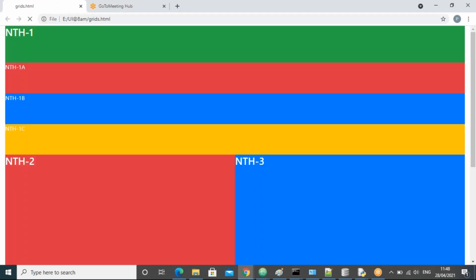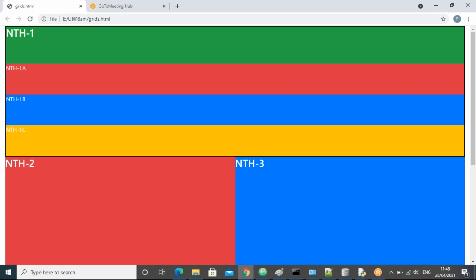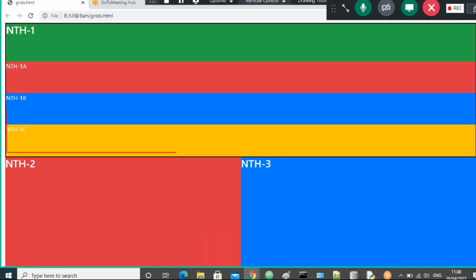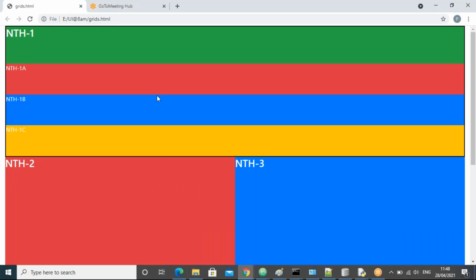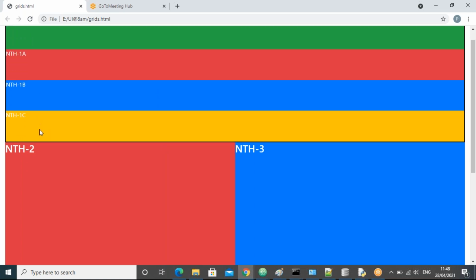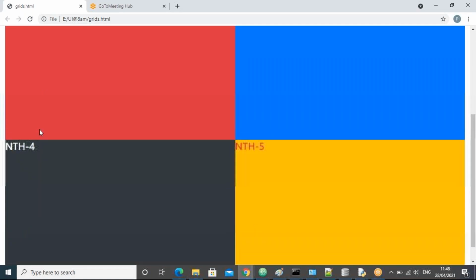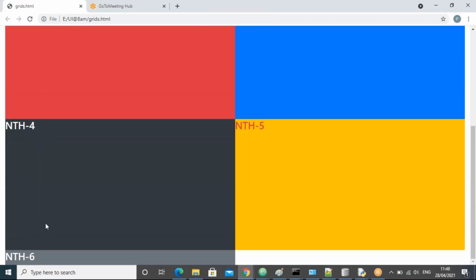Yes. Now all of you can observe the border, right? There now you got NTH1, NTH1A, 1B, 1C, guys. So this is the way.